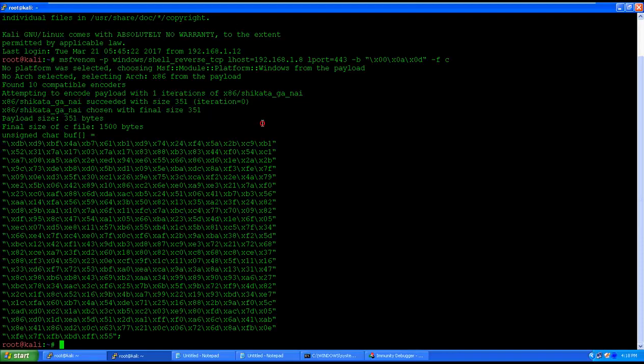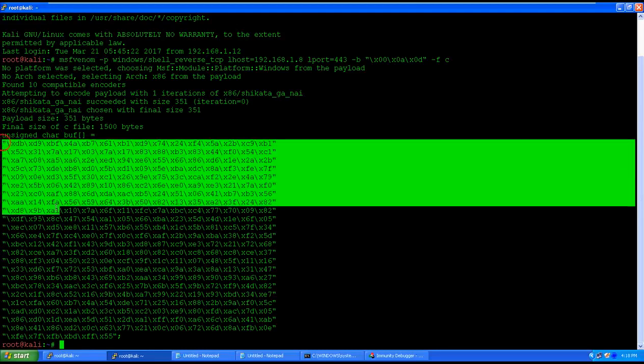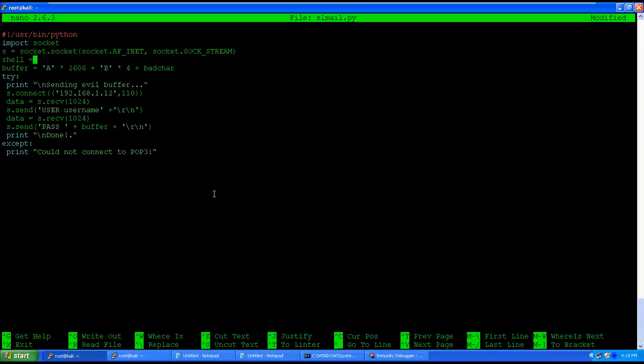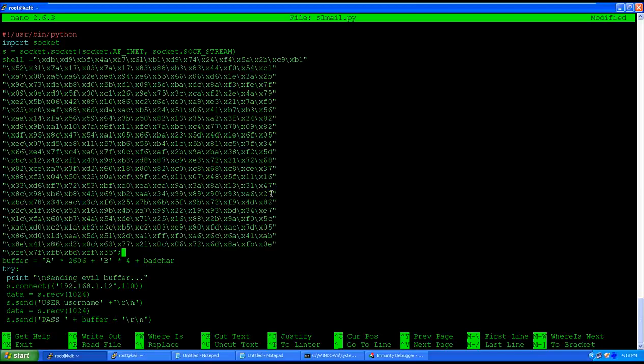Okay, copy this, go to the script again and copy the payload here in the script, close the bracket, and what else? So we have the shell,